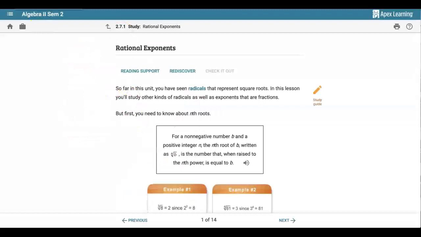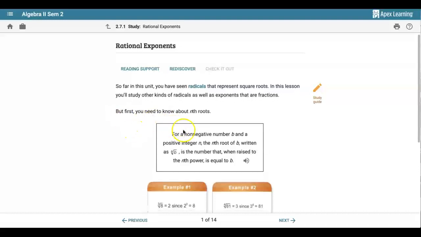With rational exponents, we are talking about radicals. We're still talking about radicals, but we're going to talk about things other than just square roots, and also exponents that are fractions. We'll talk about both of those things here. First off, we need to talk about things that are more than just the square root of something. So for non-negative numbers b and a, positive for b, positive for a,